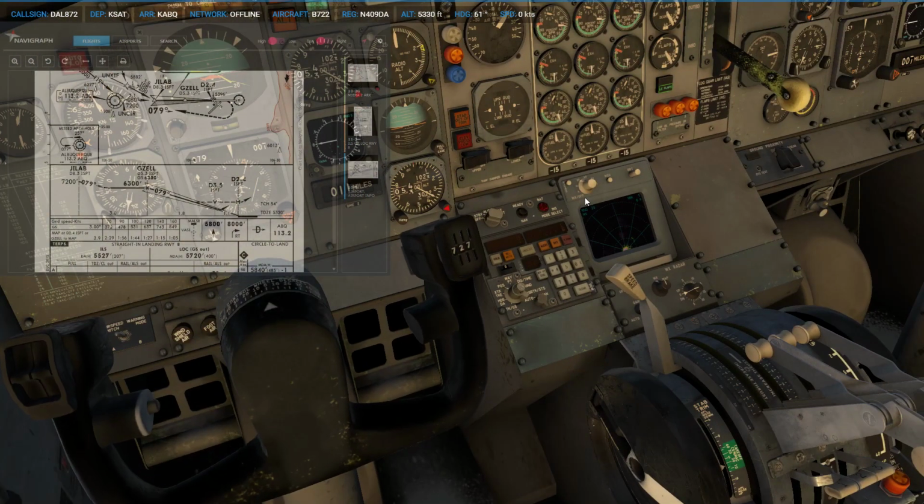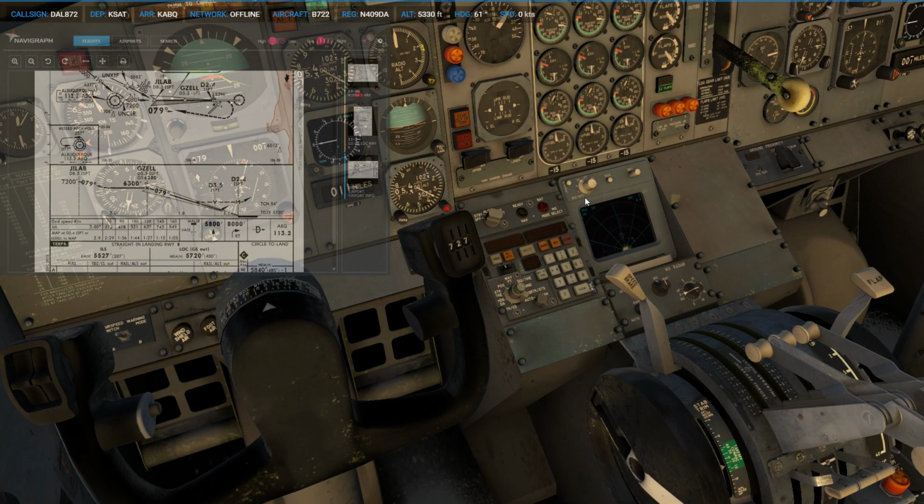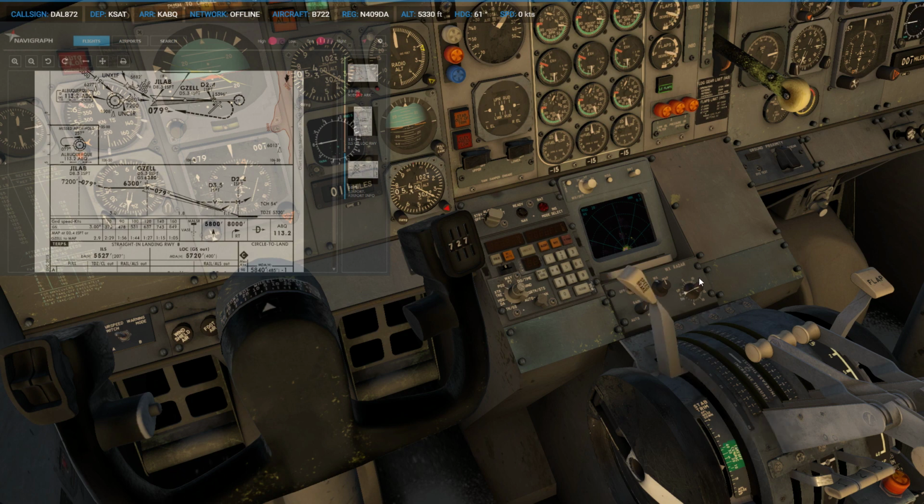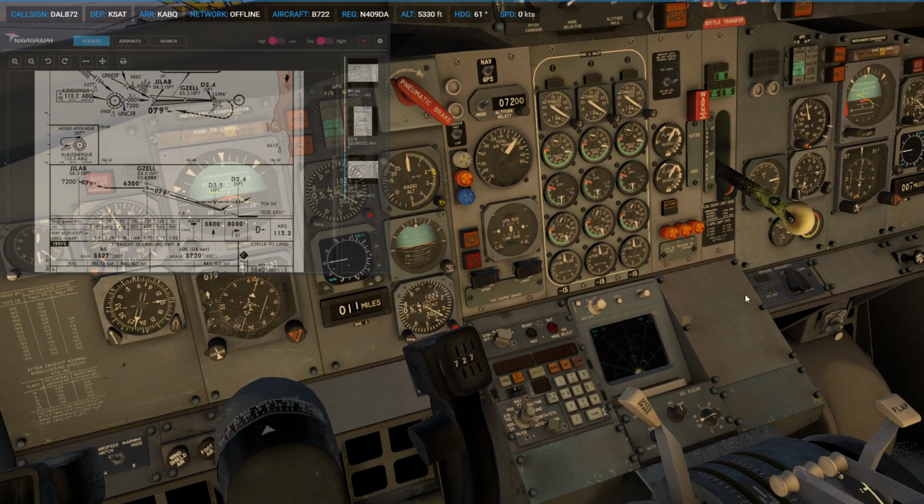Parking brake set. Not sure why speed brakes didn't extend. Kinda shouldn't be not. Either way, our